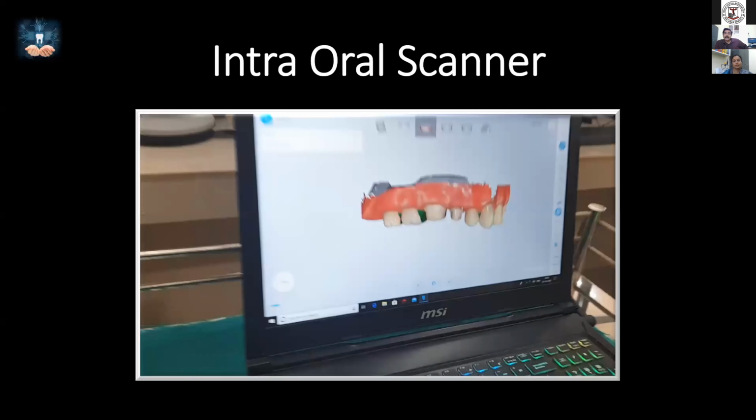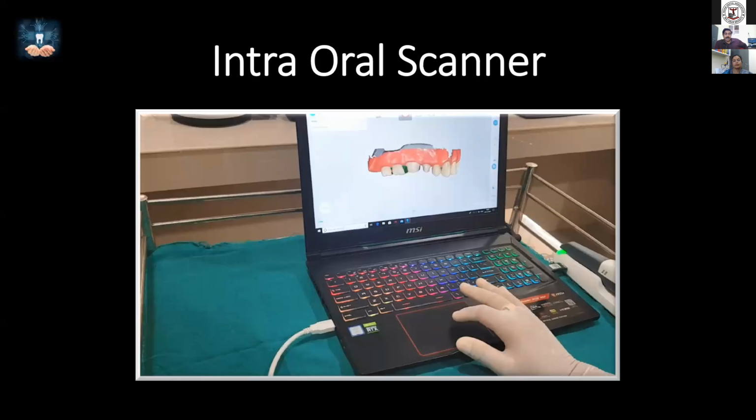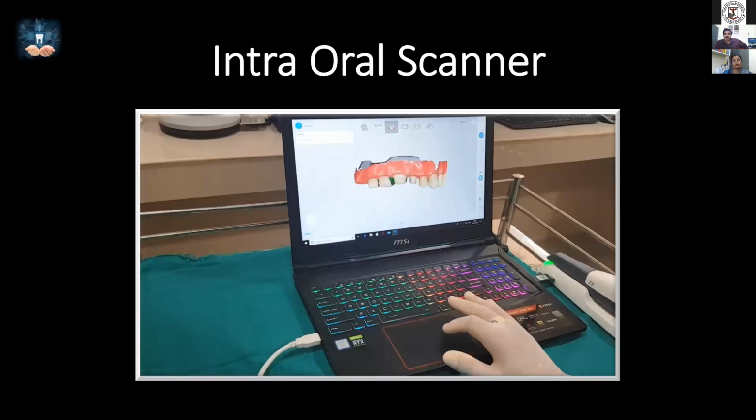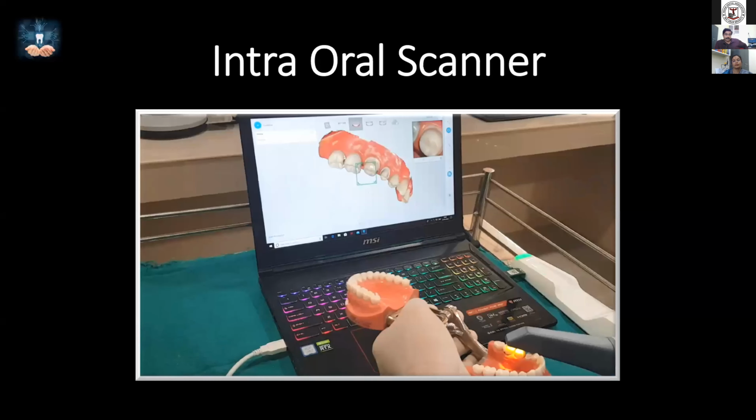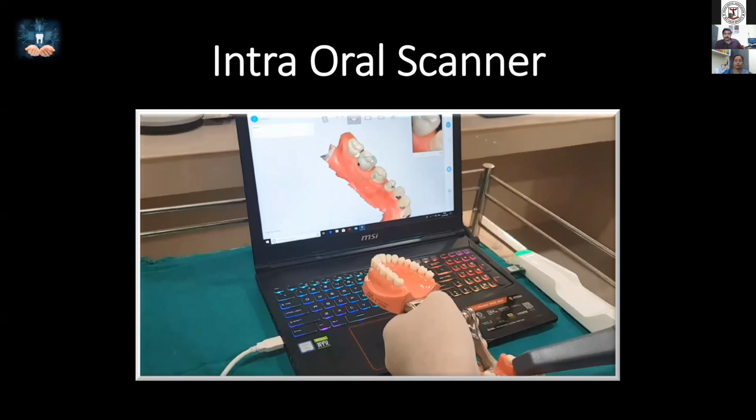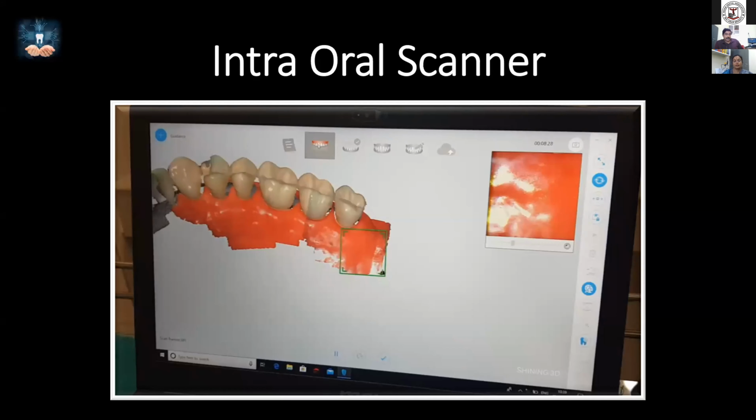Some defective areas will be displayed in green color. We can do a rescanning for that area. Once the lower is completed, we'll go for the upper, and complete the scanning of the upper opposing arch.